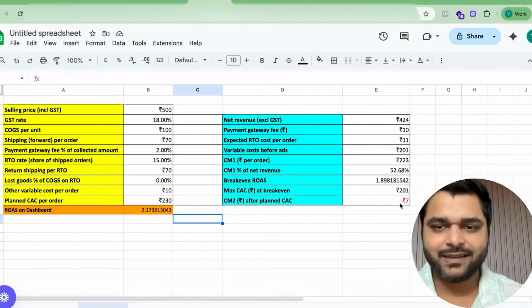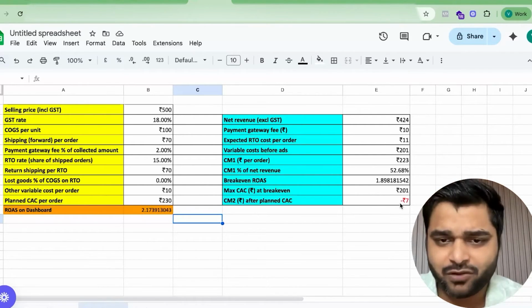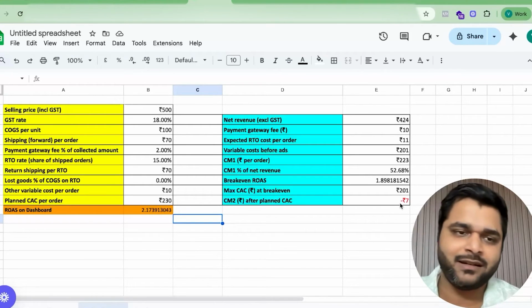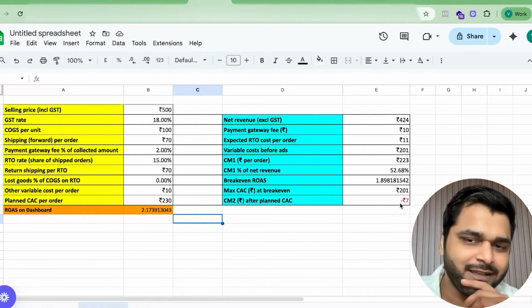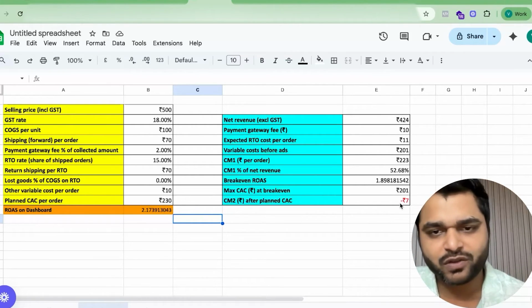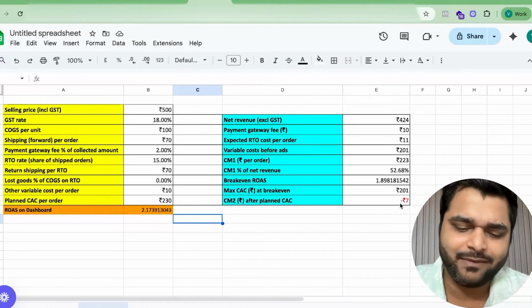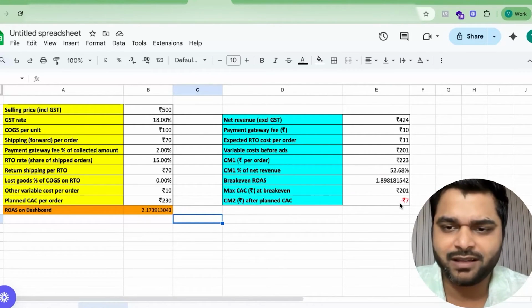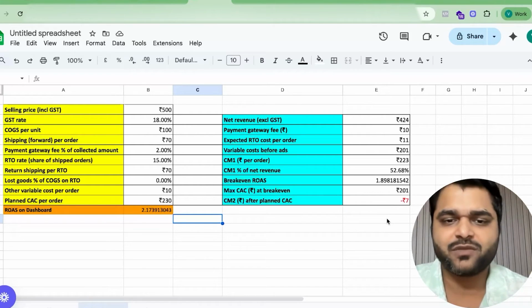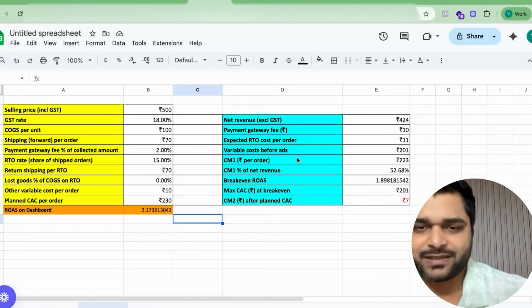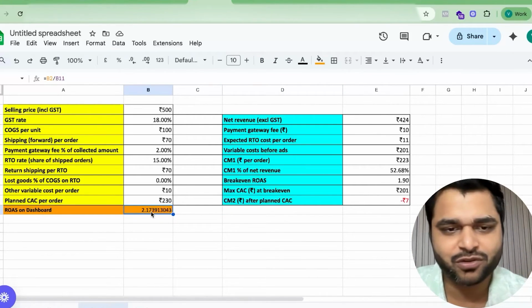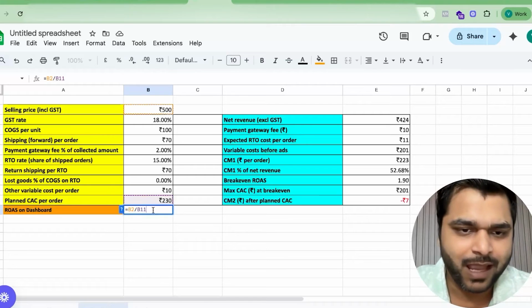Now we can say that in the long term we should do this for the sake of growth, and we will get those customers back, the returning customers, and it will cover this loss. But we also have to take into account whether the product I'm selling will really have a good returning customer rate, and how much returning customer rate we really need in order to cover this loss. One more thing you'll notice here is that our ROAS on the dashboard shows 2.17. So our ROAS is more than the break even. Why are we in loss here? What's happening? The thing is, I'm calculating this ROAS